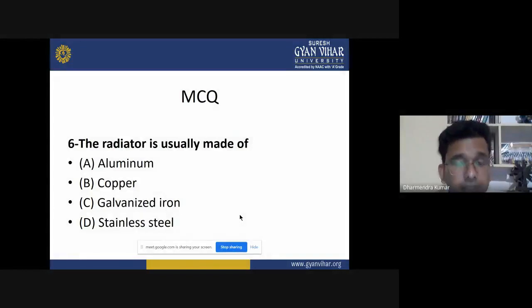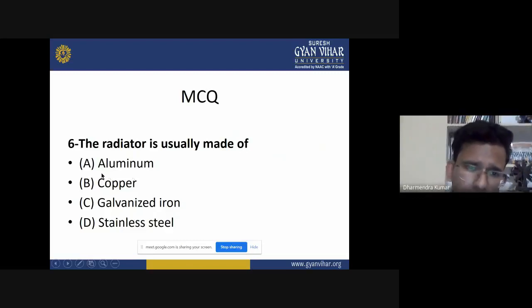Now the sixth one is, the radiator is usually made of. We have already discussed which component is used for making a radiator. Copper is the main one, as the copper content is maximum. However, aluminium and plastics are also used in making radiators, but the quantity of copper is more. Here there are two options given. Then we are surely going with copper.